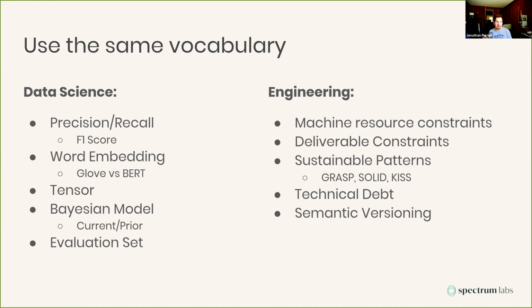like how much memory, how much compute resources you can use for that. For deliverable constraints, it'd be about latency. How long can it take to provide a prediction or provide a response? And then the last two things there, I think, are